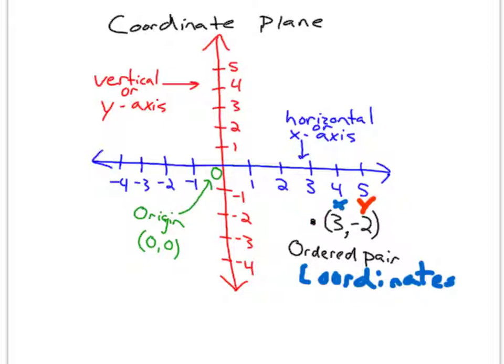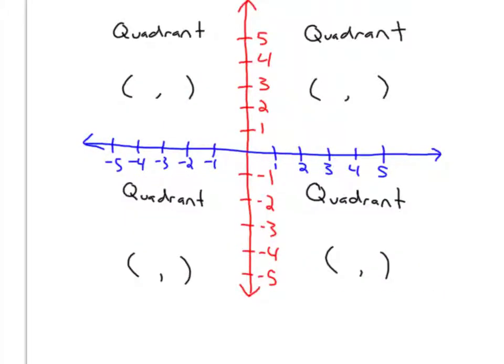Alright, let's move on to a little bit more about the coordinate plane. One thing that we need to understand is our quadrants. Okay? Our quadrants are numbered a certain way. And we start with quadrant 1. And quadrant 1 is numbered where everything is positive. So this up here is quadrant 1, where we got positive numbers this way and positive numbers this way. So any location out here should have two positive numbers. So again, this is quadrant 1,